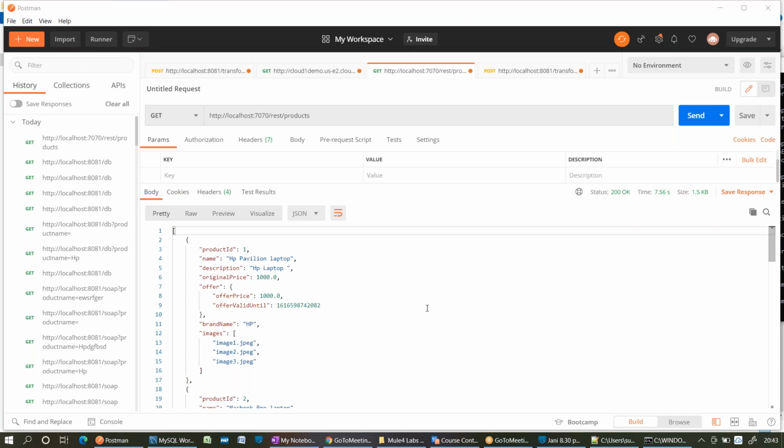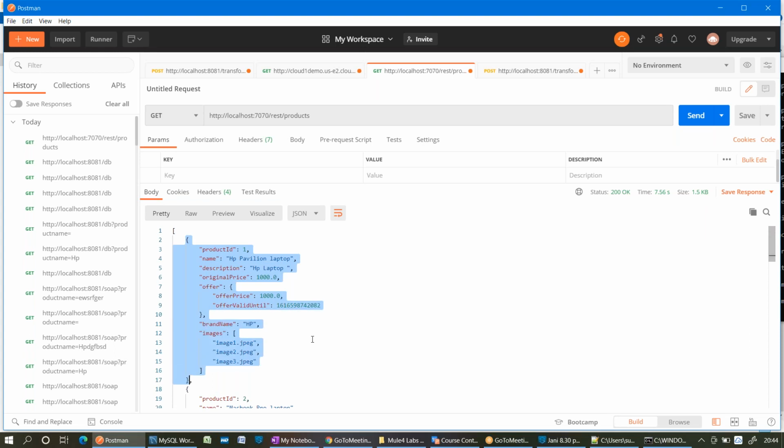No, it is not required to be a similar type. It could be string type, it could be number type, it could be an object type also. Yes or no? So right now, am I getting object type elements? This element, is it not an object? Yes, it is. What type of object is it? It is a JSON object.